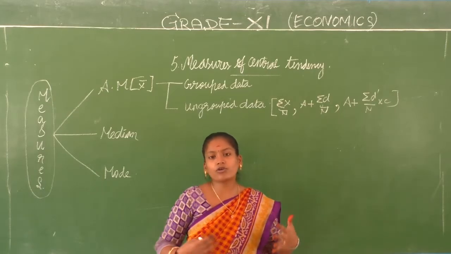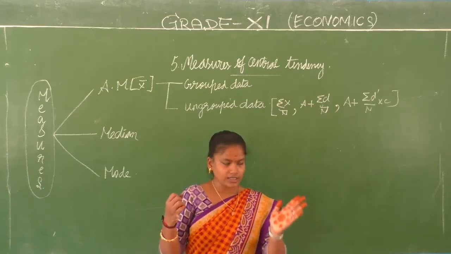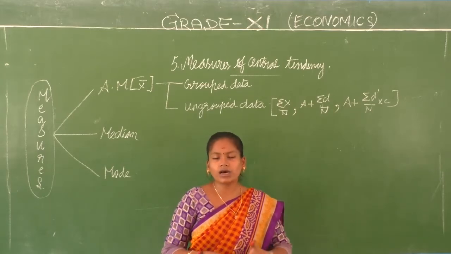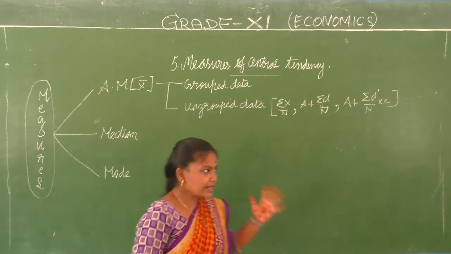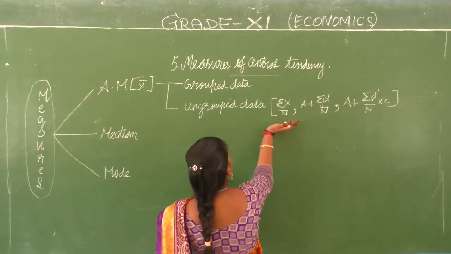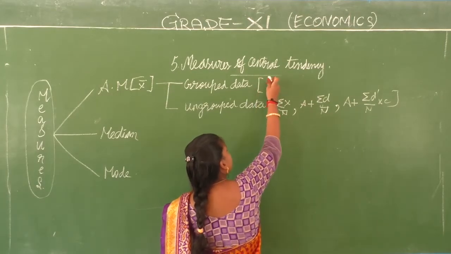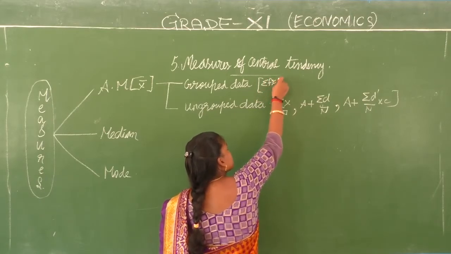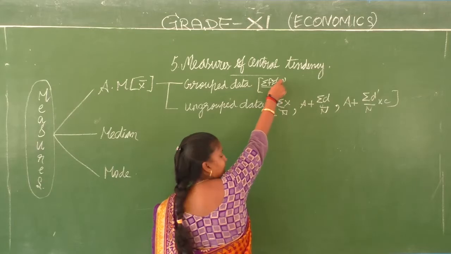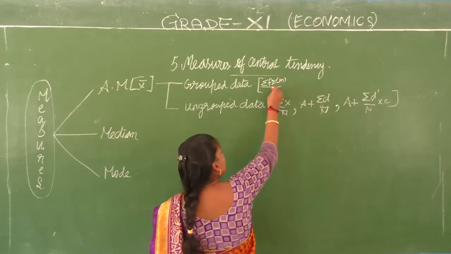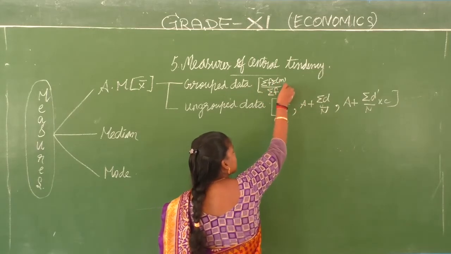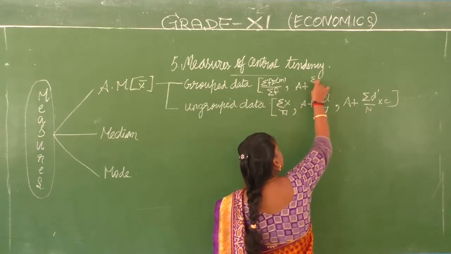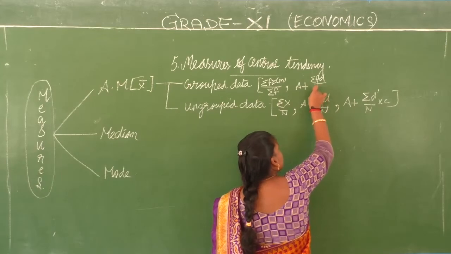So how did you go with this m? By adding upper class limit with lower class limit and dividing it by 2, you got the mid value. Right, with that we had the formula and it was similar to this. We had sigma f x, in some cases m only for continuous series. And then we divided by sigma f. Then it was all the same. A plus sigma f d by sigma f.